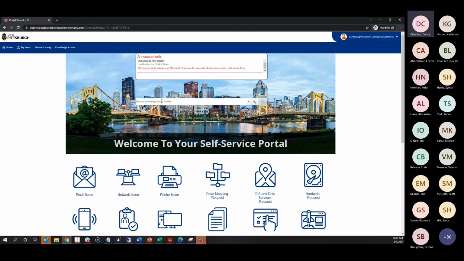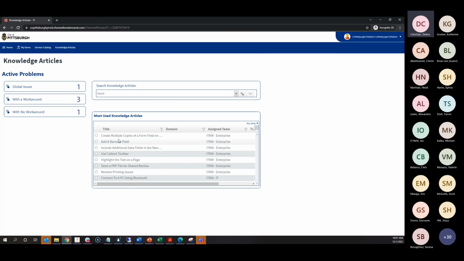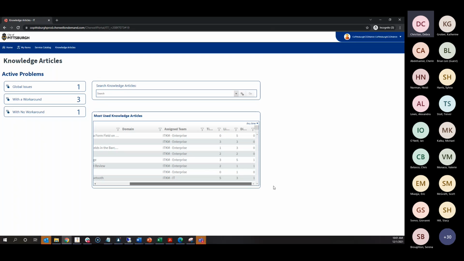You can search knowledge articles right here if we know specifically what we're looking for. If we just want to look around and see what are the most used knowledge articles, we can also search that here. While you're in that screen, if you scroll to the right, on